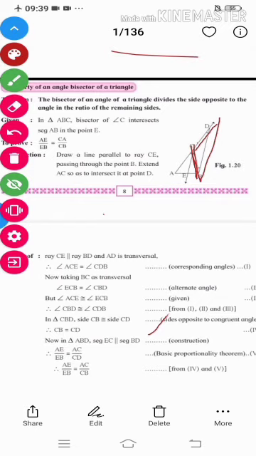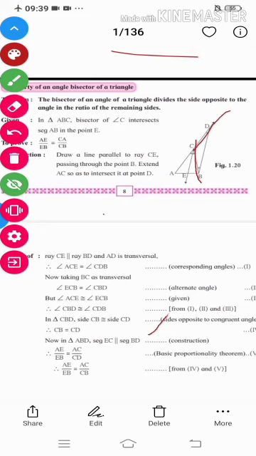The sides opposite to the congruent angles, the two angles we proved above, CBD and CDB being congruent, should be congruent by the isosceles triangle theorem. Therefore, CB is equal to CD.